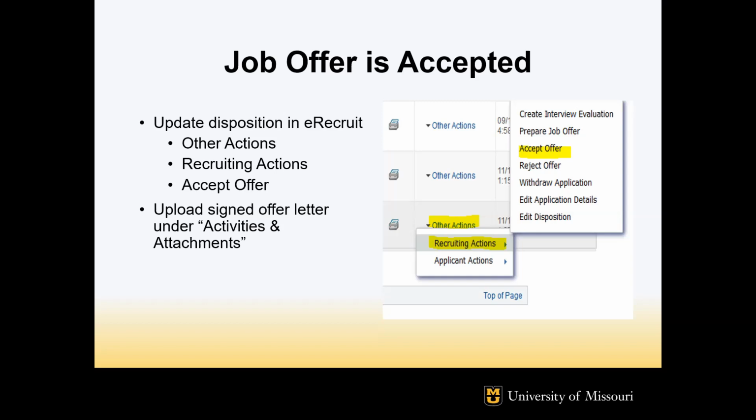Within the last year and a half, that has changed a little bit. CBCs used to be initiated by the departments, but now they're initiated by us. Again, we only know to initiate it if you mark the job as accepted this way. There is another way to accept an offer in the system, but we don't get notified when it's done the other way. So make sure you accept the offer this way.